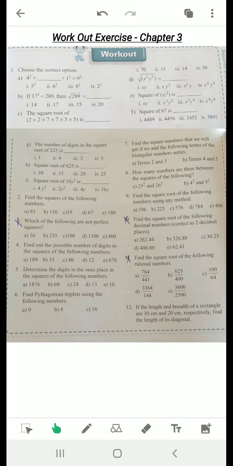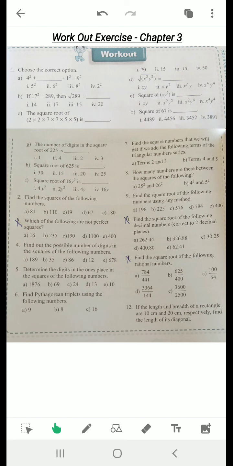Questions number 10, 11 and 3, you don't need to do in your notebook. Questions 10 and 11 are related to exercise 3.4, and that 3.4 this time is being deleted from your syllabus as per CBSE norms, as we have to reduce the syllabus by 30%. So we are not going to do questions number 10 and 11, and question number 3 is also not necessary to do. Okay, I explained this type of question, but it is not necessary to do it again in your fair notebook.